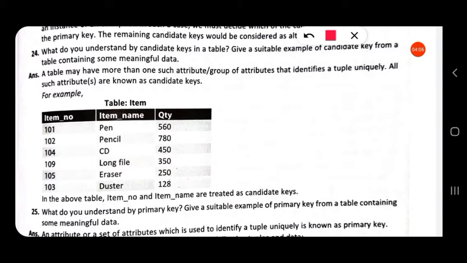Here you can see the item number column has unique values, that is, its values are not repeated, and it does not have null as a value. Some columns will have null as a value, that is, they have no value.